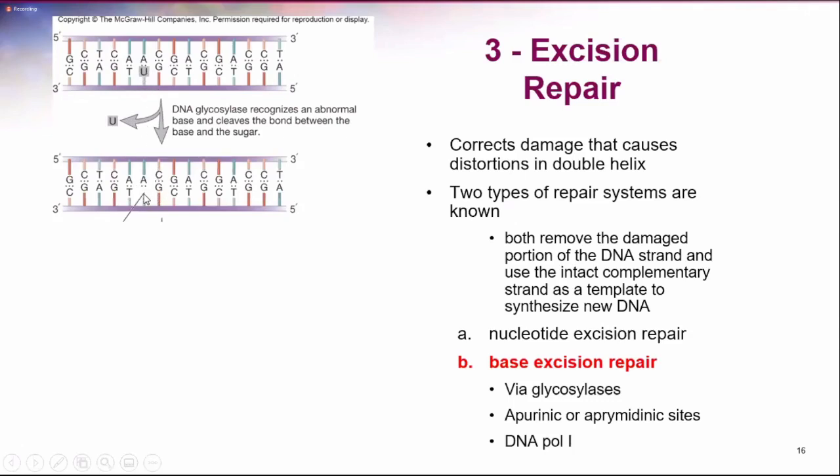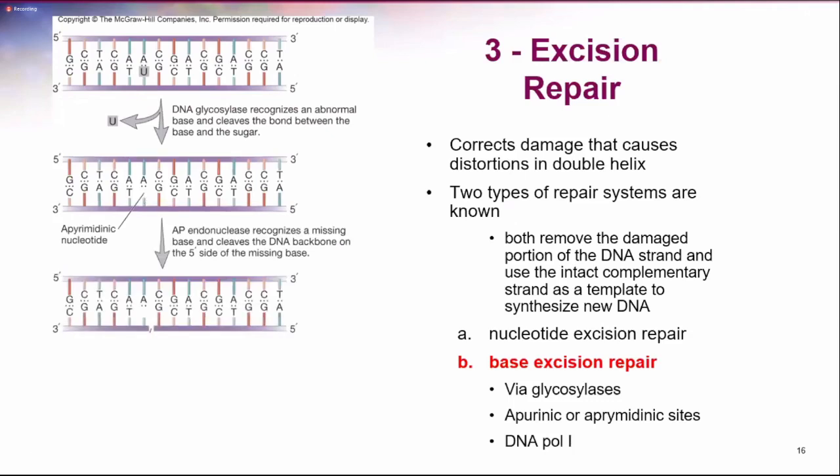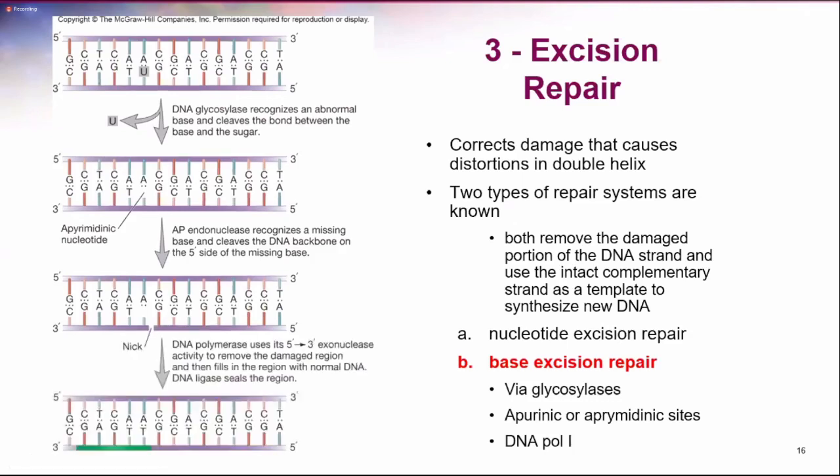And then you have this apurinic site that needs to be replaced. In order to do that, there is no enzyme that's going to come in and just add the nucleotide, change the structure of the nucleotide by adding the nitrogenous base. So you still need an endonuclease to come in and make a cut in the backbone, remove this small area that has this